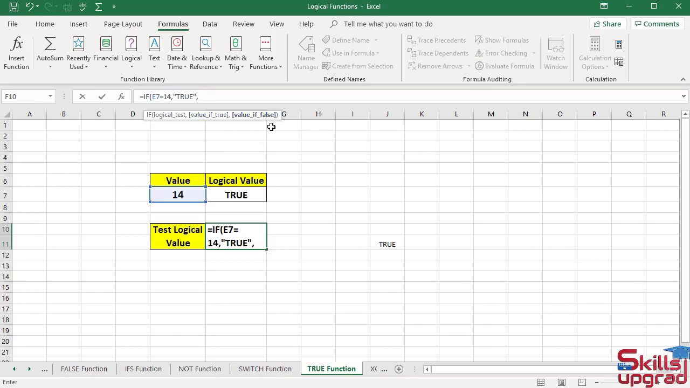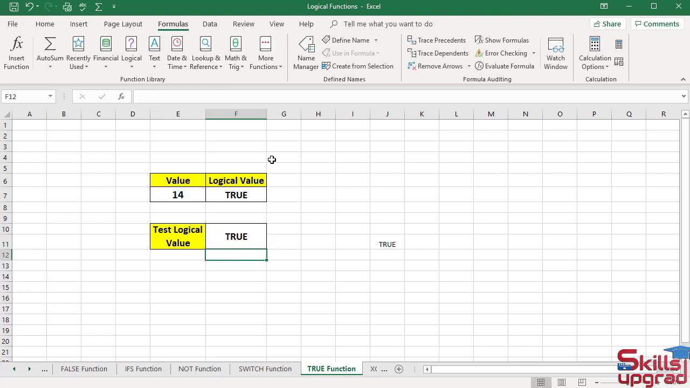Enter comma. In value if false argument, type logical value false. Enter quote mark. Type false. Again enter quote mark. Close bracket. If this cell has value of 14, then function will return logical value true. Otherwise, it will return logical value false. Press enter. If function returns true because this cell has value 14,